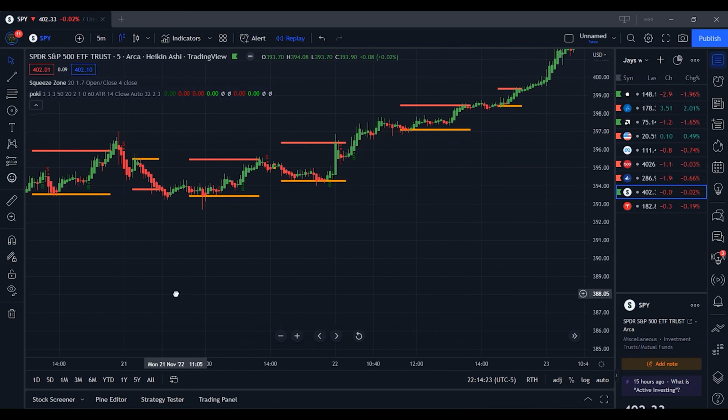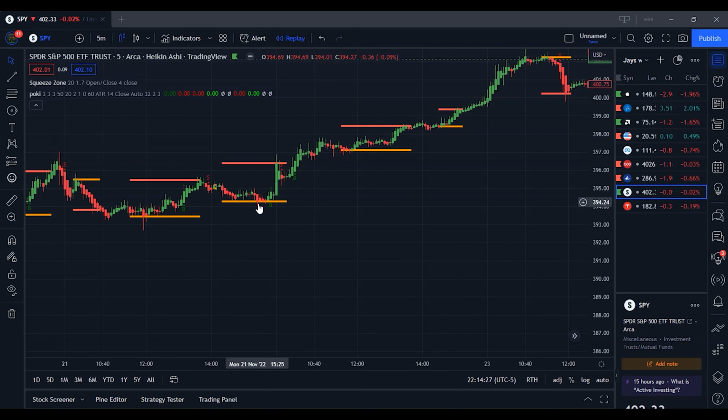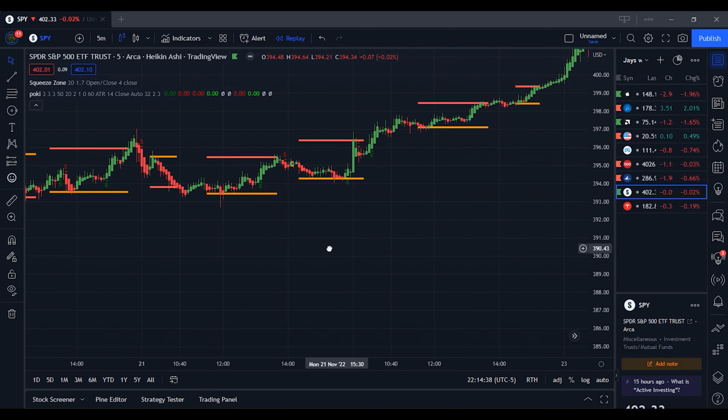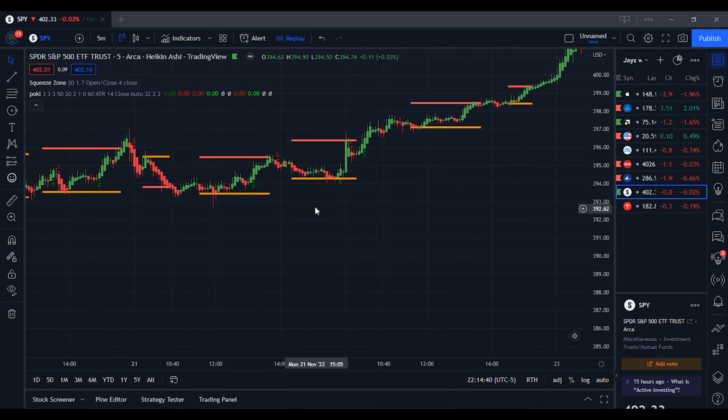You can also use it as a bounce or reversal indicator where you see the market getting ready to bounce off the orange strong support line and go to the upside, or bouncing off the top of the stronger resistance line going down to the support line. So something like this, you can see right here,